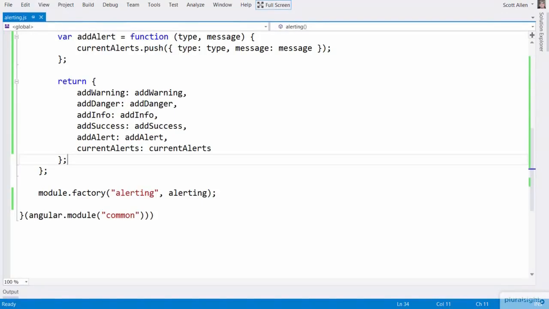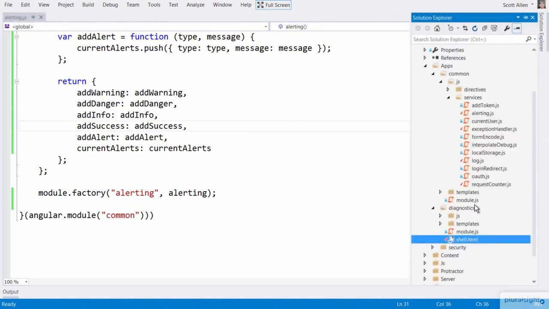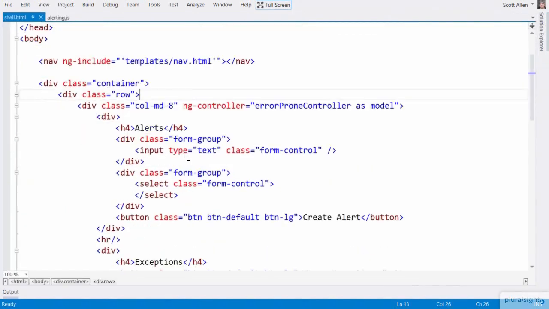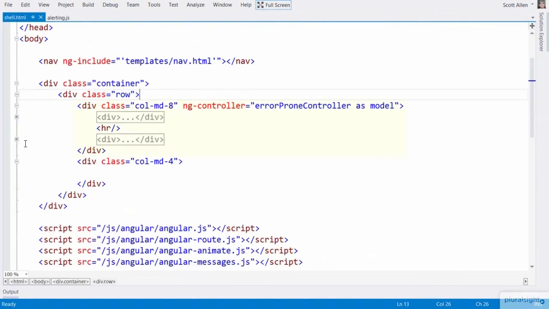I'd like to encapsulate the display of our alerts into a custom directive. This is an ideal use case for a custom directive. If I come into my shell page, you can see I have a two-column layout here with Bootstrap. So one div is a column 8, and then I have another div, column 4, that'll be on the right-hand